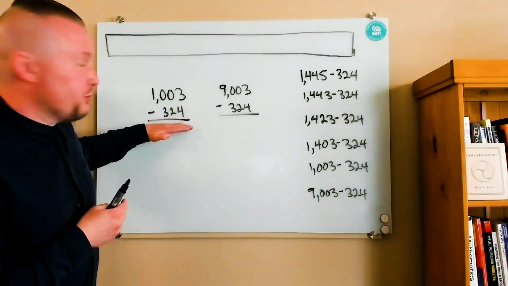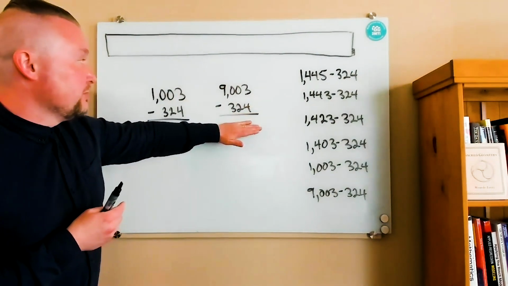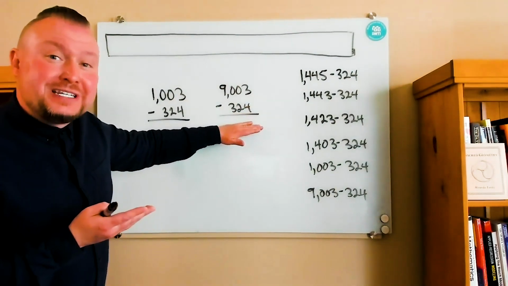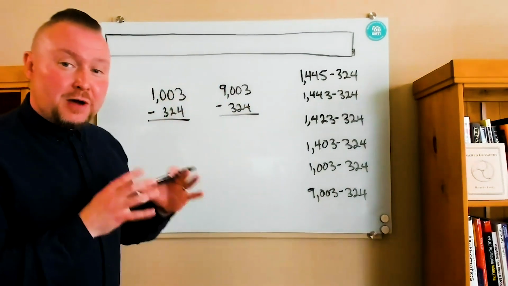What we're going to look at, we're going to model and describe using structural language this particular problem here, 1003 subtract 324. Then we're going to connect that to this problem, which is essentially the same, just one digit is different. But before we even get to this point, and before I show you how to model this and talk about it structurally,